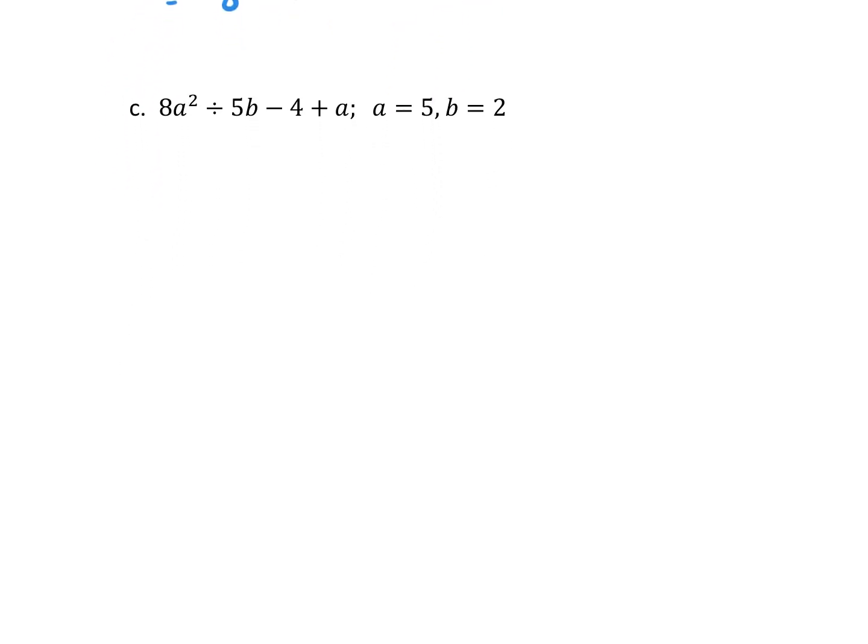If we come to example C, we have 8a squared divided by 5b minus 4 plus a. So again, here we have two values, and so in my expression, wherever I see an a, I want to replace it with a 5, and wherever I see a b, I want to replace it with a 2. So we have 8a squared, and so I'm going to replace the a with a 5,